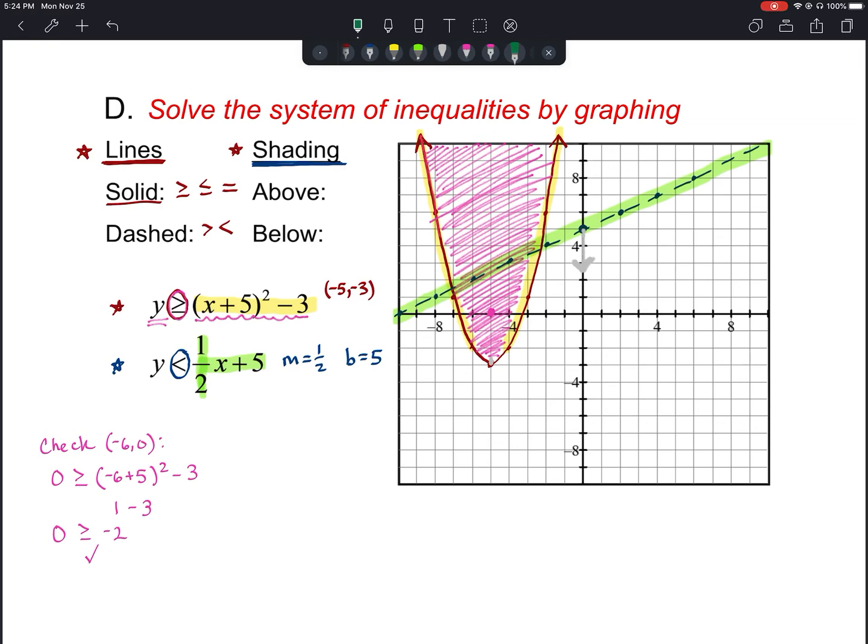So let's choose a point. An easy point that I like to use here would be the point 0, 0. If I check that graph using 0, 0 to see if it's true, that'll let me know if I need to shade on this side or the side above it. So 0 is less than 1/2 times 0 plus 5. And you see there, that is a true statement. So with that one, we would end up shading everything beneath